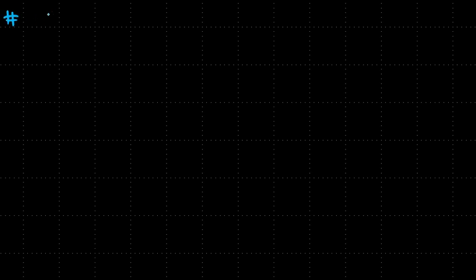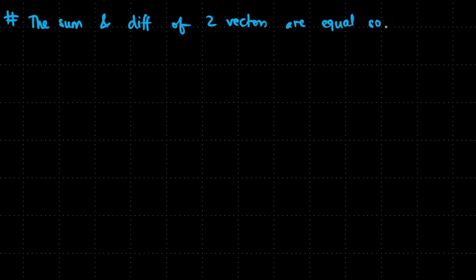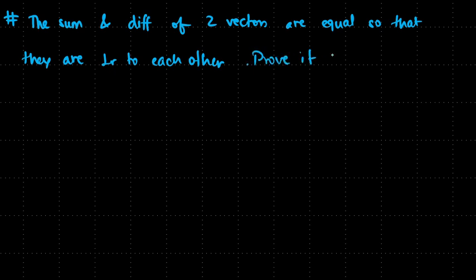We are going to do another question, which is about the sum and difference of two vectors. They are equal, so that they are perpendicular to each other. So prove it. I think we must prove that when we're talking about equal, I think it's talking about